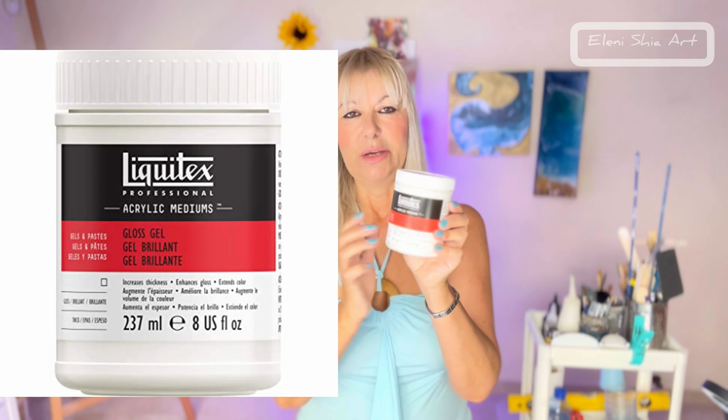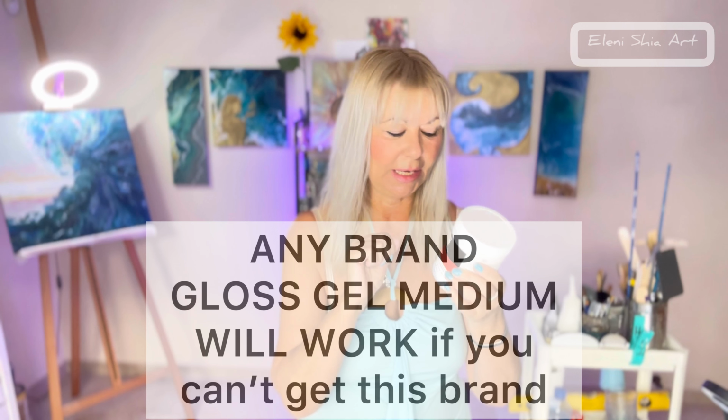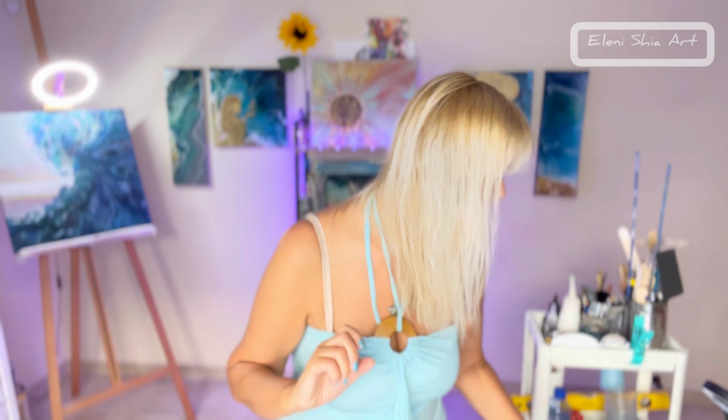So what I have instead is Liquitex GLOSS Gel Medium, and this gives the pigment a nice body. This one is 475ml, but you can get a 950ml for £24, which is not too bad. It only needs a little bit at a time, so it will last for absolute ages. Also I have